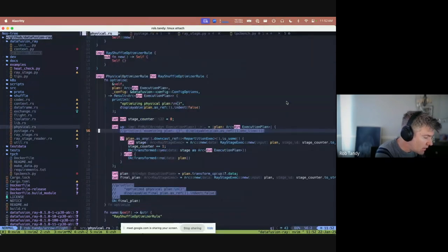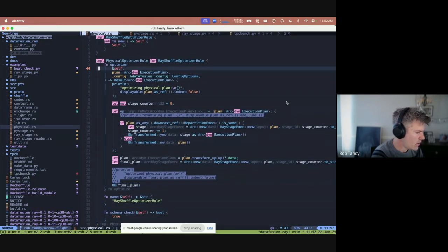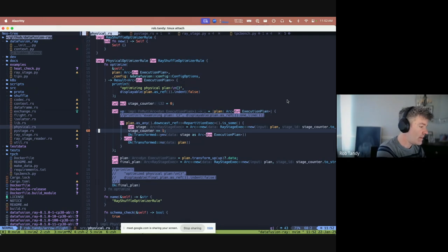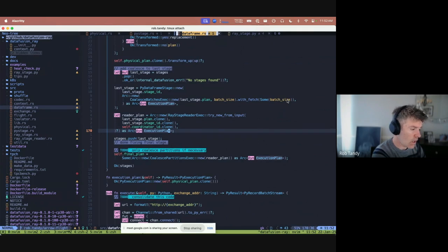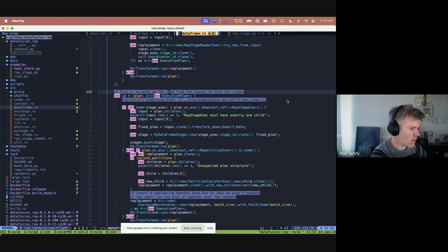For the purpose of generating interest, here's the physical optimizer. We get a physical plan, and we've got to figure out what to do. If we walk up the tree and we see a repartition, we insert this raise stage object. That's it. Then, when we're asked to generate stages, which the data frame does, it walks the plan. Step 1, walk up the tree from the leaves to find stages. So if we find that raise stage,